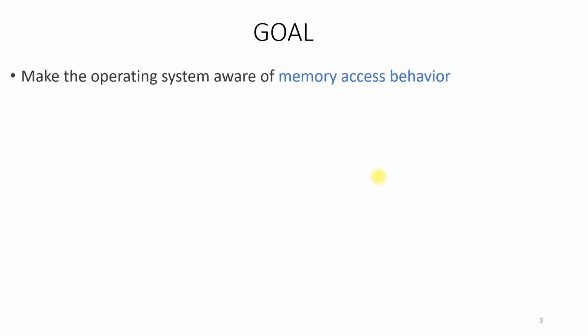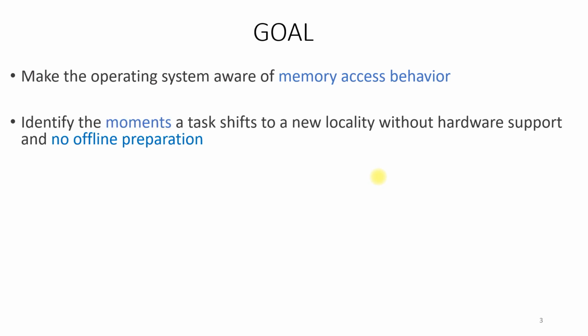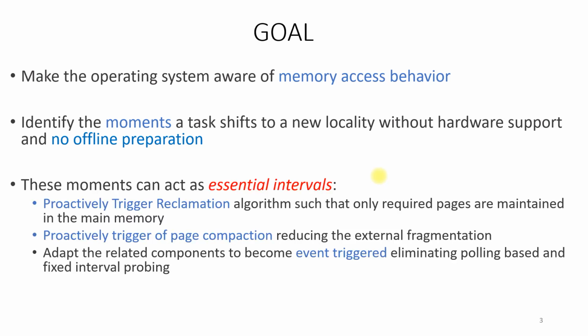The goal of this paper is to make the operating system aware of memory access behavior so that we can eliminate all the problems that we mentioned before. This can be made possible by identifying the moments a task shifts to a new locality without any hardware support and no offline preparation. These moments can act as essential intervals to proactively trigger reclamation algorithms, such that only the